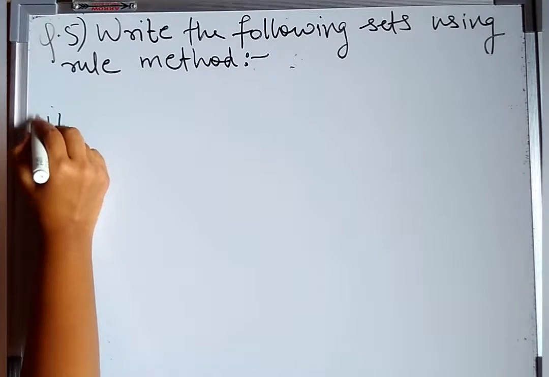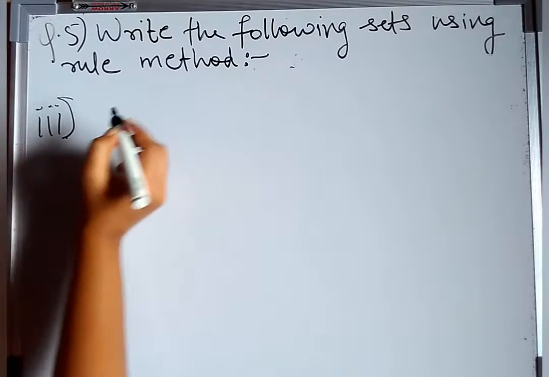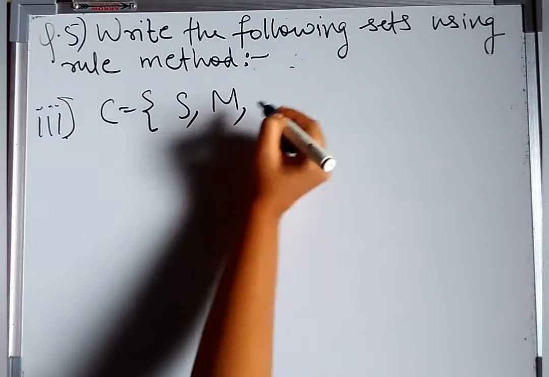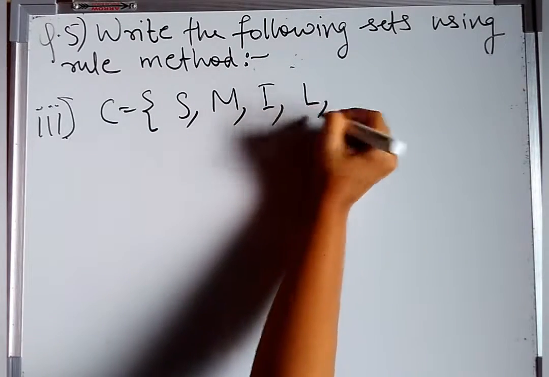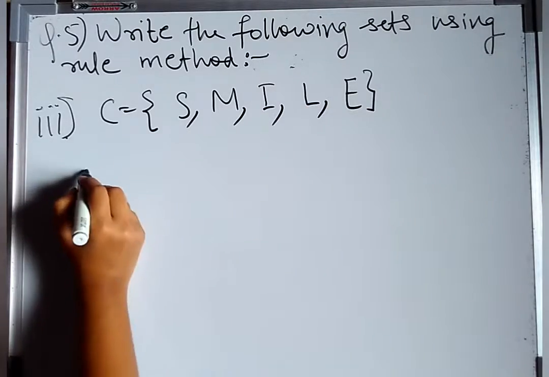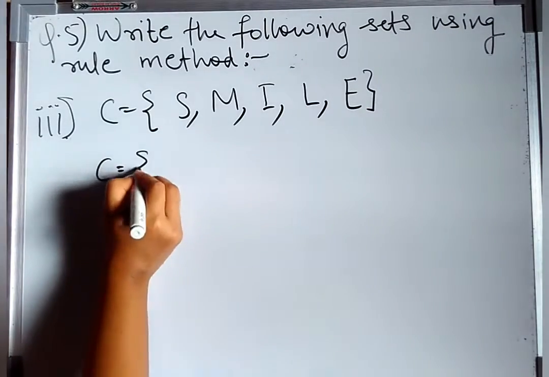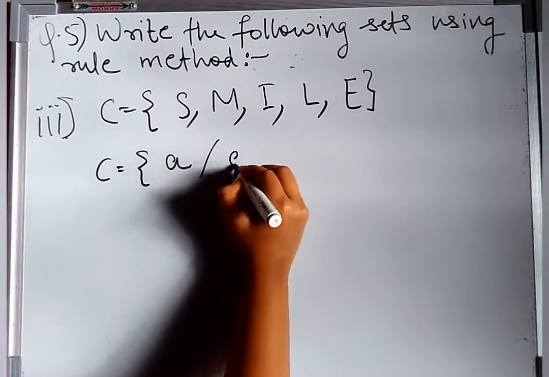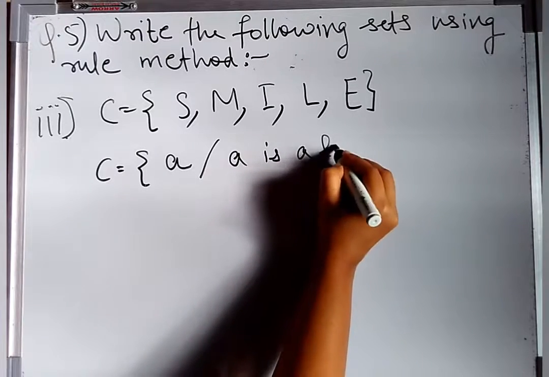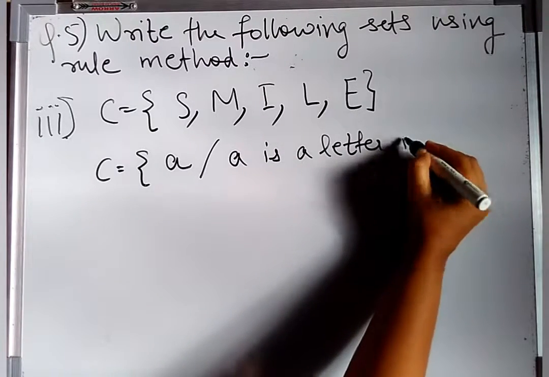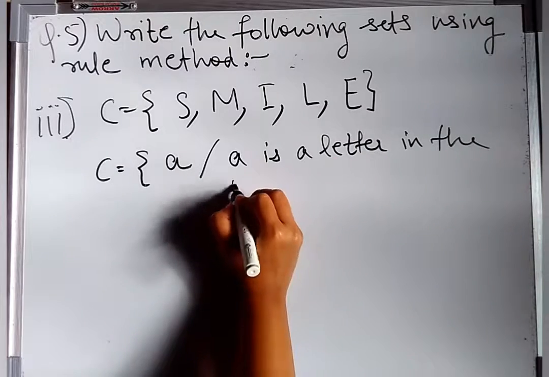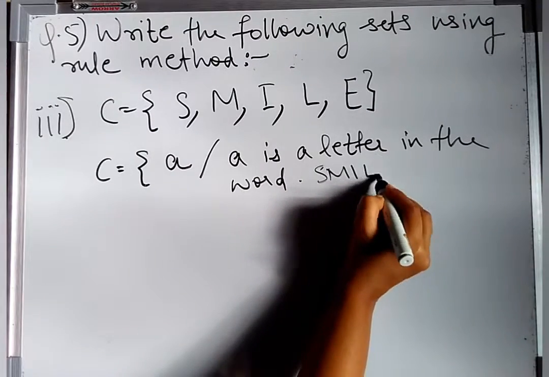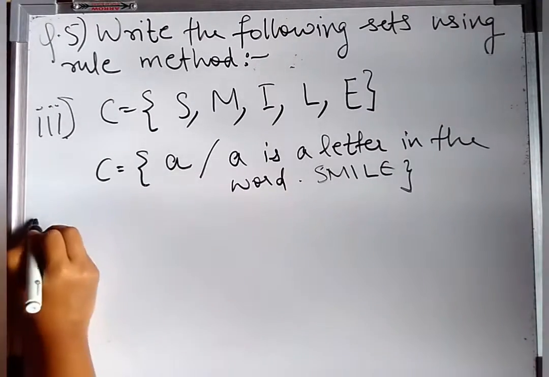that is the third question, is this very simple. So how do we write it in rule method? I will denote it using x is equal to a, such that a is a letter in the word. Which is the word formed using these letters? Smile. Okay. The next question is,